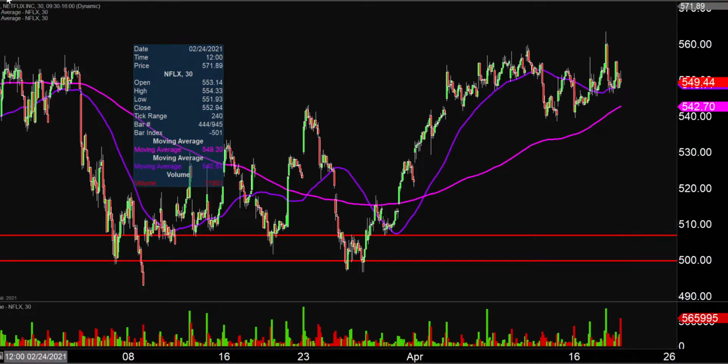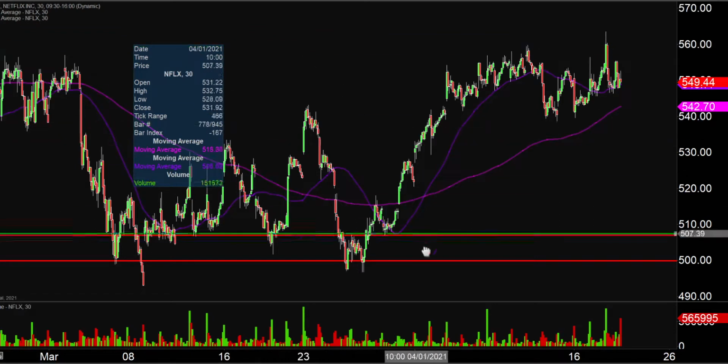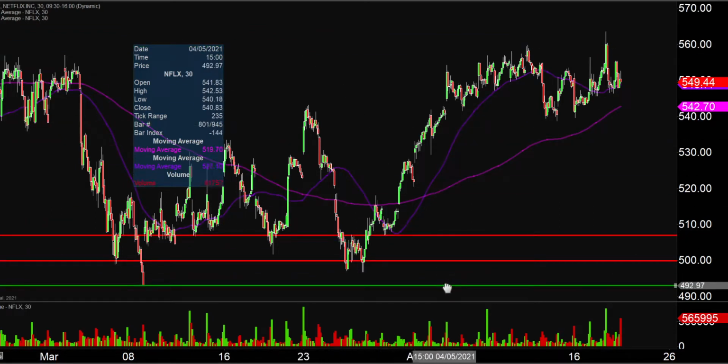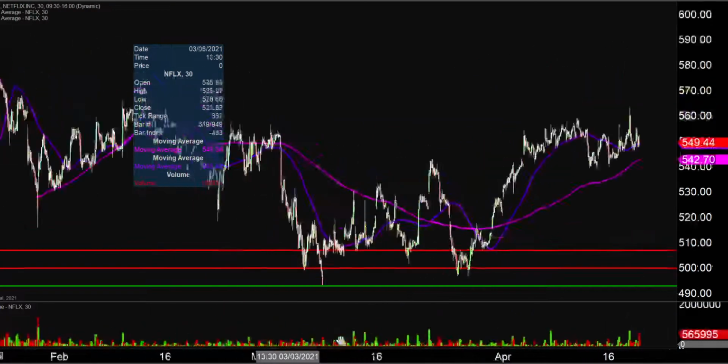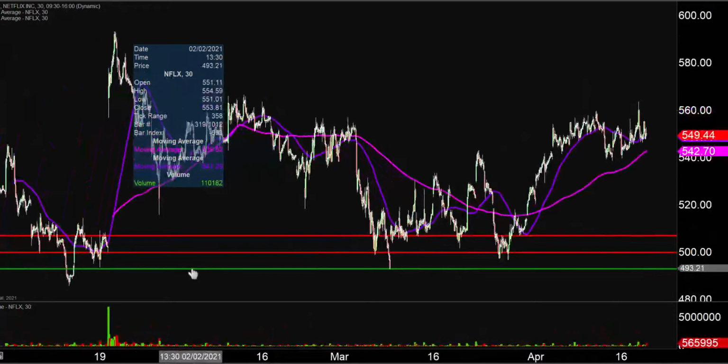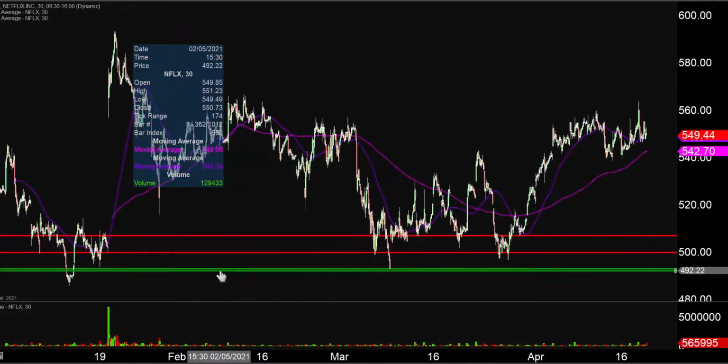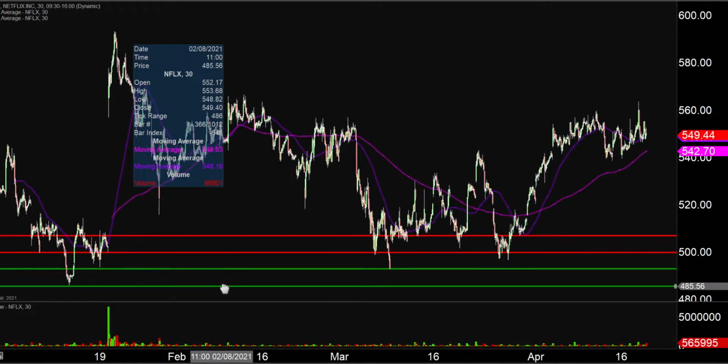As far as levels of support, first level to watch is going to be down there at the 493 mark. So the price is technically even a little bit below there. But like I said, I'll assume that the price opens up a little bit above that area. And then the next key level of support after that, if the price does push down some more, would be down there around the 485 mark, which is coming from way back there in mid-January. So in other words, it's been a long time since the price is looking like it's going to be down around this area, but we'll see what happens with it moving forward.